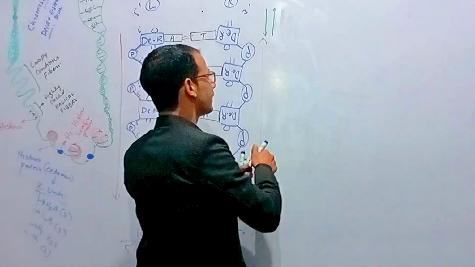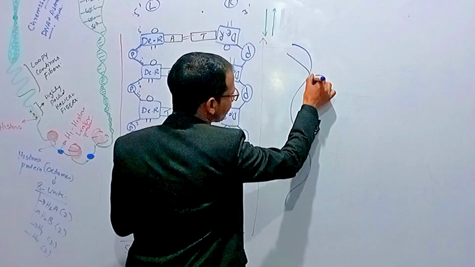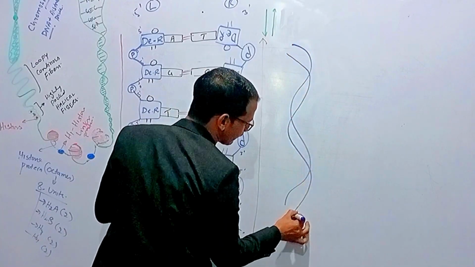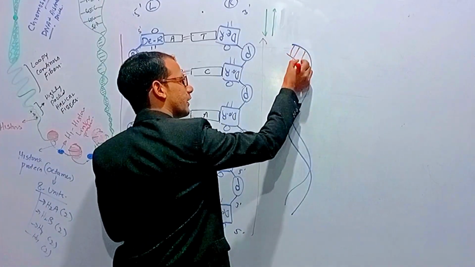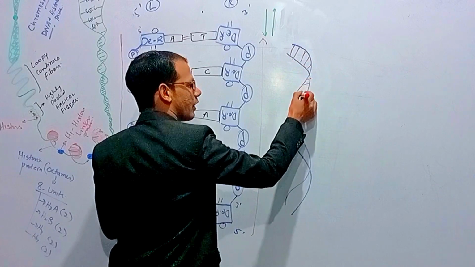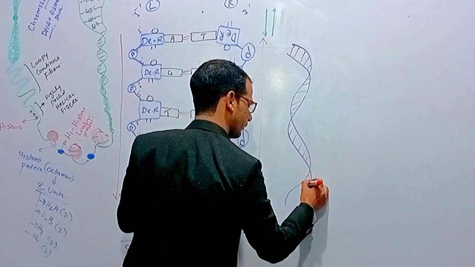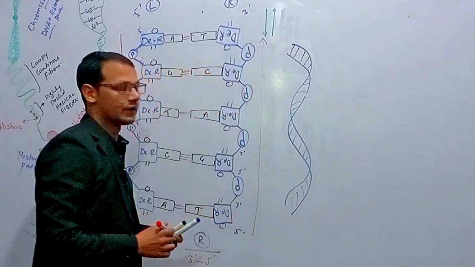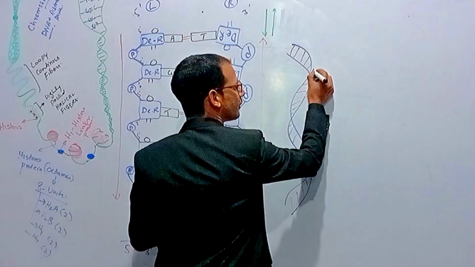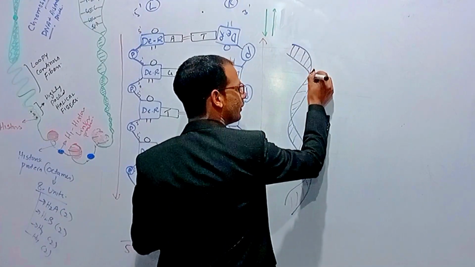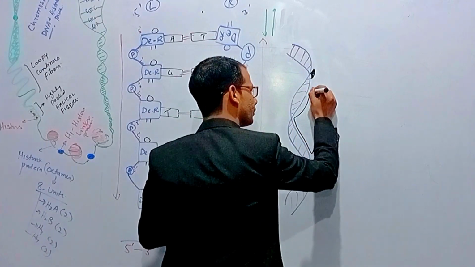It is just like this, right? These are the nitrogenous bases bonding in DNA, right? So we have two grooves. One is the minor groove and one is the major groove,